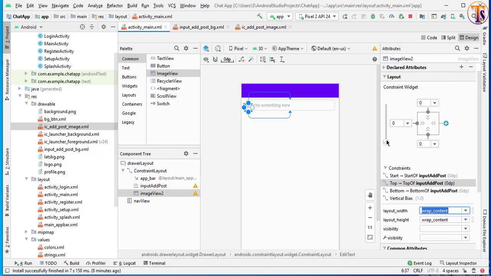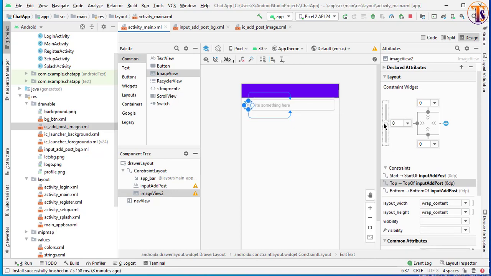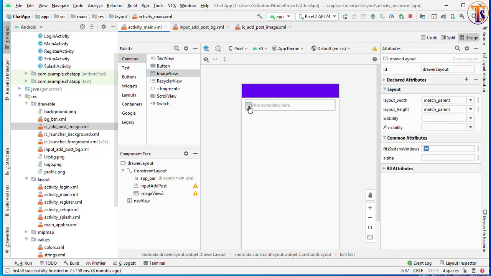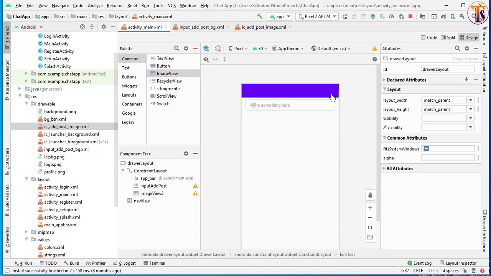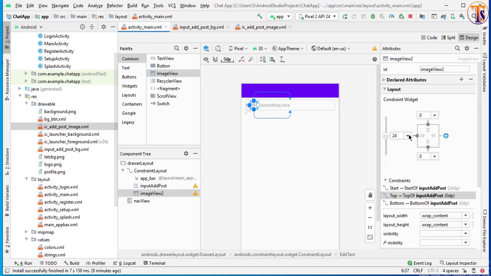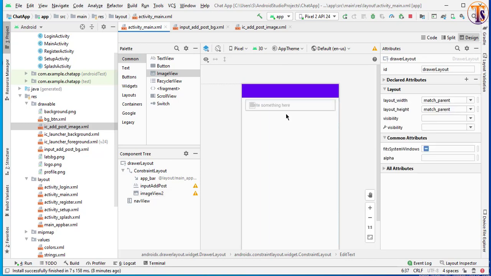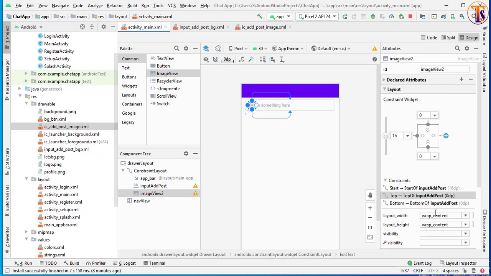Okay, now select here 50. Make sure you have selected 50. Okay, now select the margin from left is 24. I think it's enough. Not 24, a little bit, 16 dp. Yeah, it's good. Now we will add the width and height.